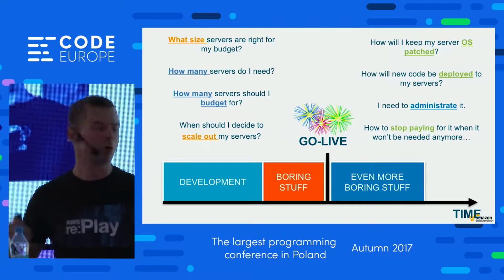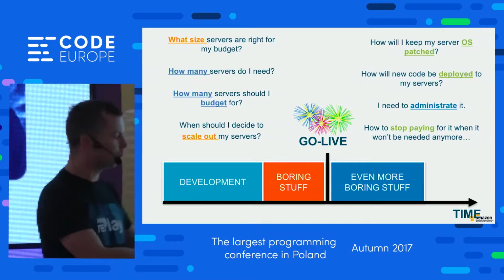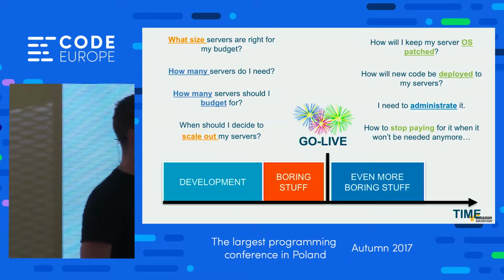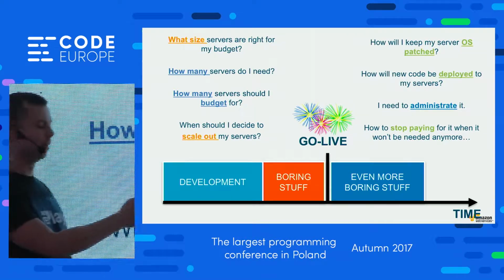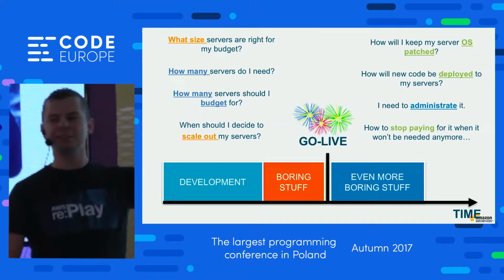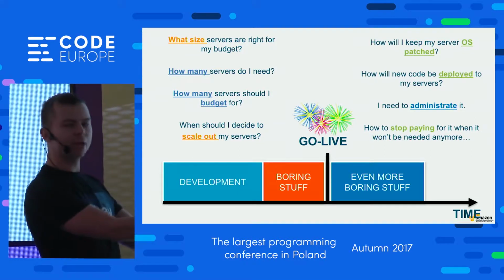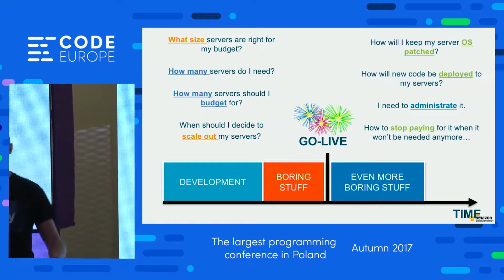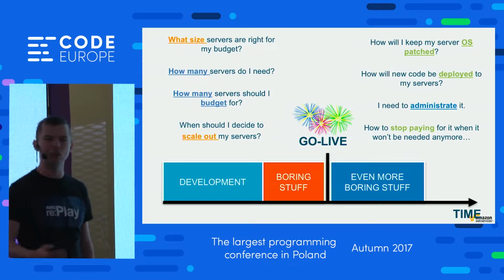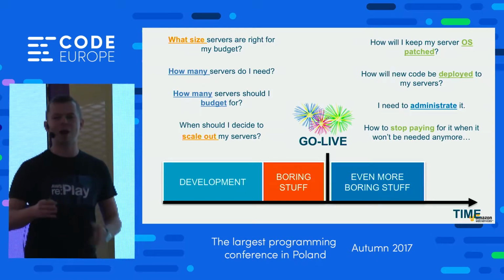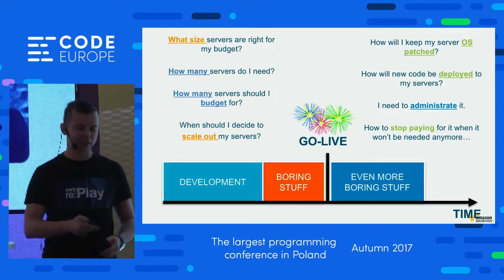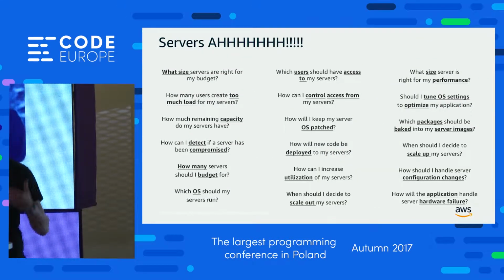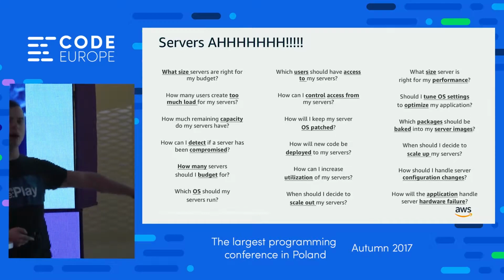We are really happy. We would like to go back to modify this application, to add new features, to do something else, but we can't because there is even more boring stuff. Again, this is my term. So, again, the infrastructure. Our application is there, it's running, but every week, every month, we need to go there. We need to patch Linux, we need to patch Windows, and so on. We need to think about how we'll scale it, and so on. So there are these kinds of questions, usually connected with infrastructure, which we need to answer.